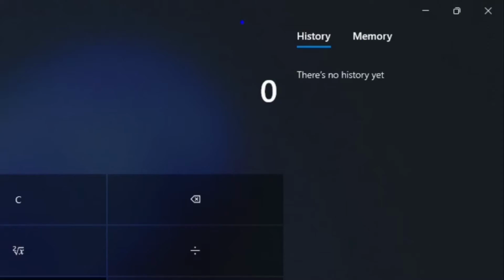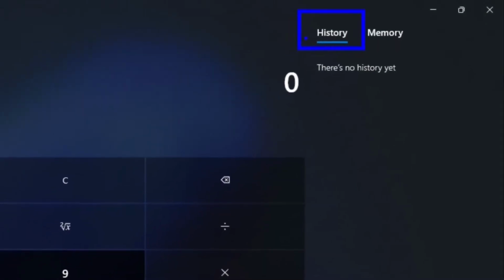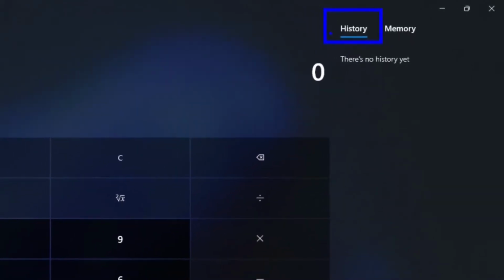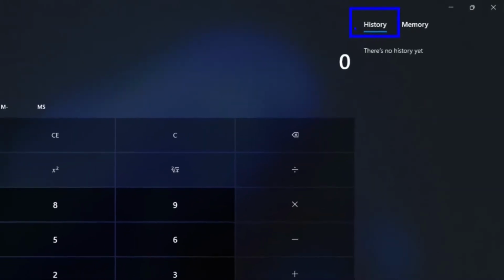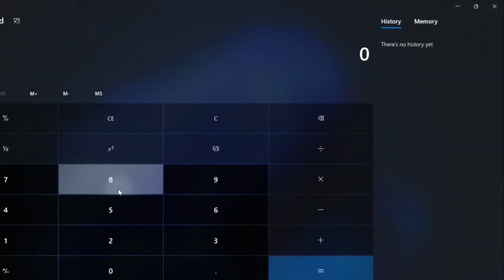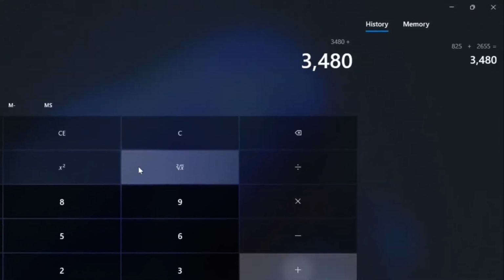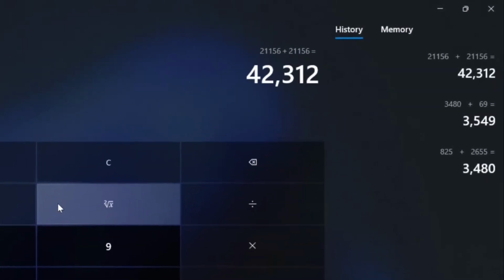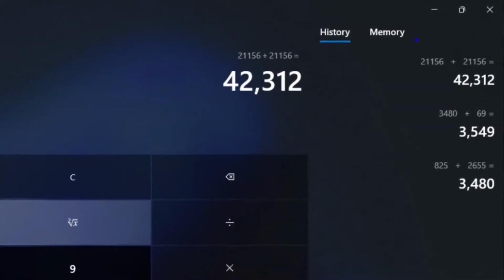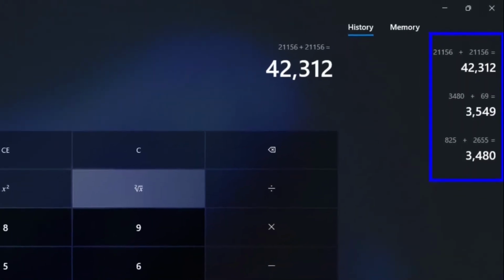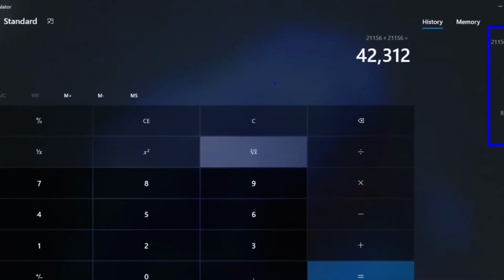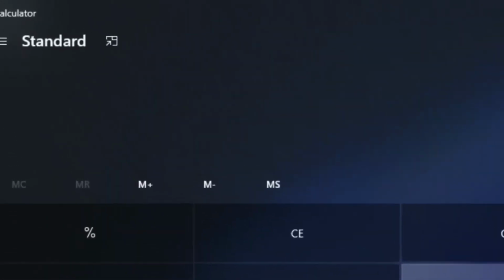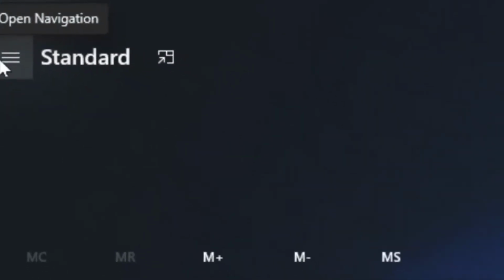It has the history. You can see history around here, a history of activities, summations, multiplication or sums that I will have done. If I add this to this, I do that, I do that, you can see here there is a history of what I am doing. So this is a very wonderful calculator, and it has not only the standard calculator, but there's so much that